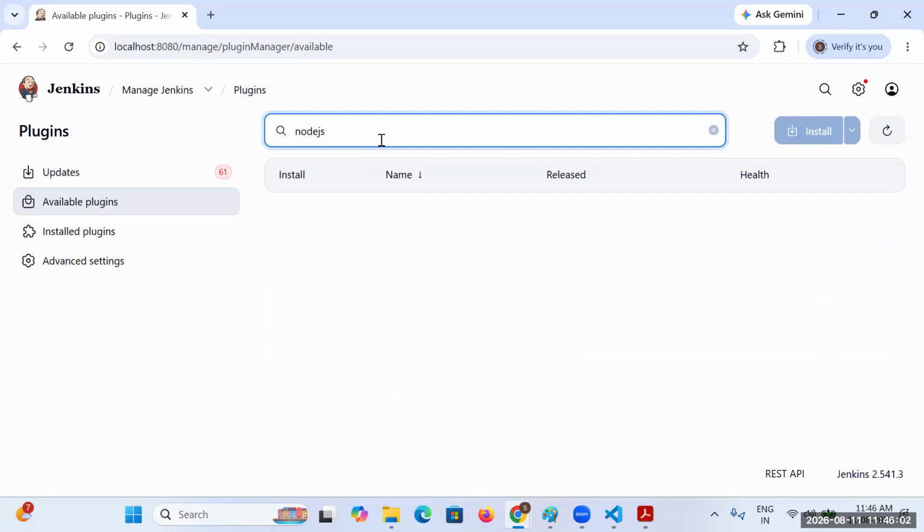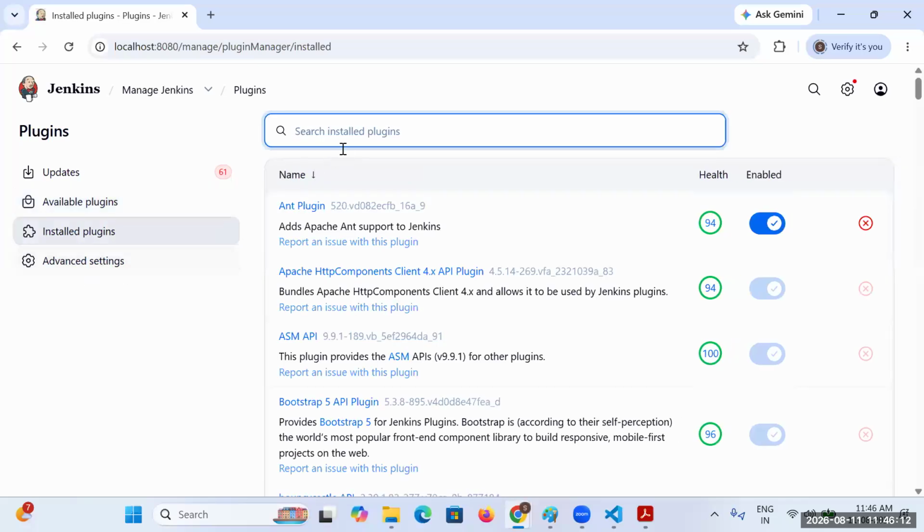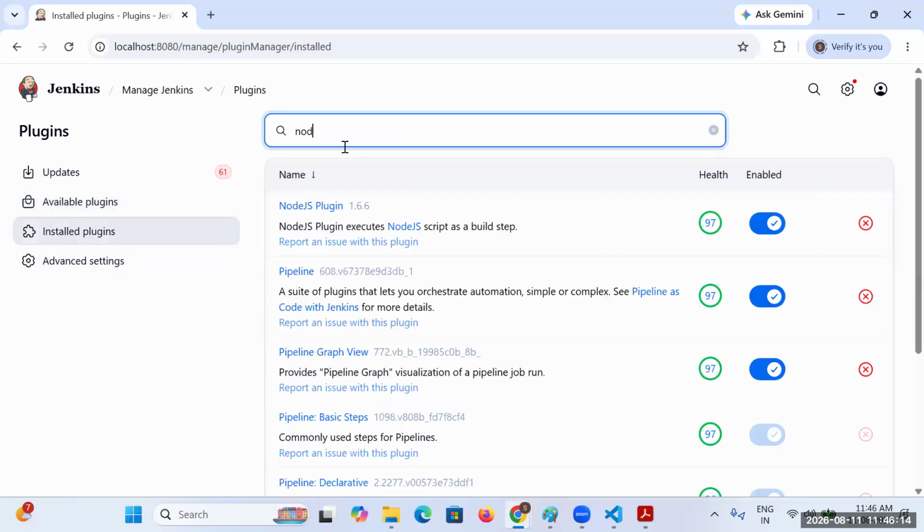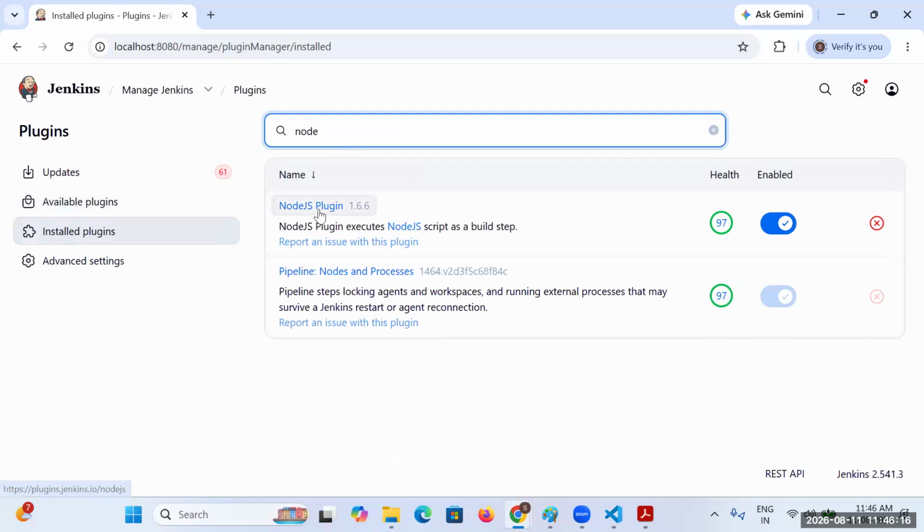In your case, it will display. Once installation is completed, I'll go to installed plugins. Now you can see the Node.js plugin has been installed.